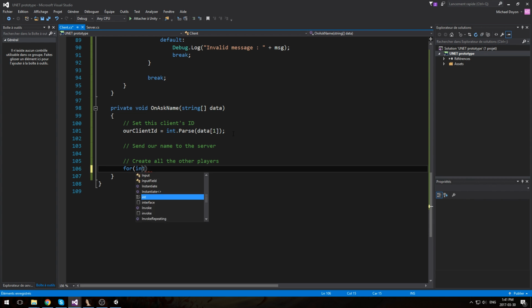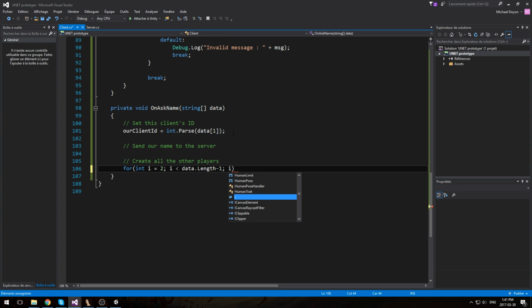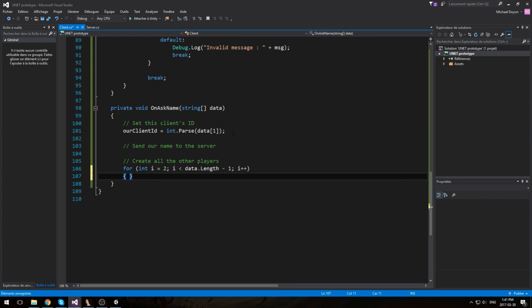So we'll do for int i is equal to 2, as long as i is smaller than data.length. Actually, let's do length minus 1, i plus plus. The reason I'm starting at 2 here is because index number 0 is ask name, index number 1 is your ID, and then 2 might or might not exist. If you're the first one, it's not going to exist. If you're the second player, it is going to exist, and from there you can actually just read that data